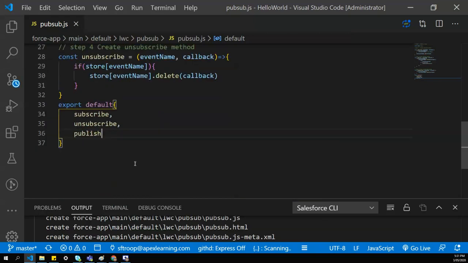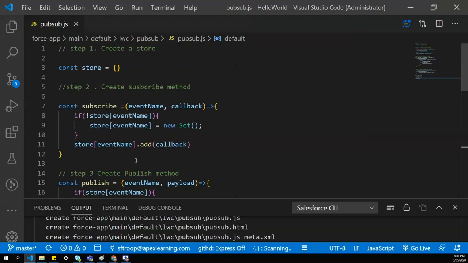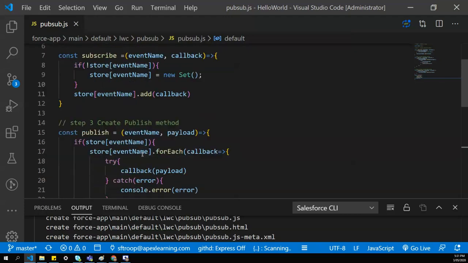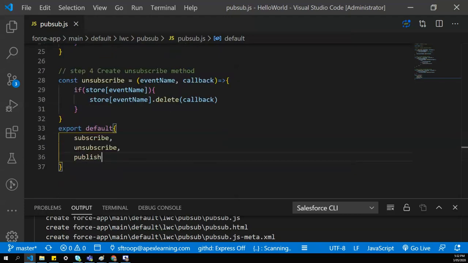So now we are ready with our PubSub library. If you don't want to know how to create it, that is also fine. You can copy paste the code as it is. You should know how to use it at least.